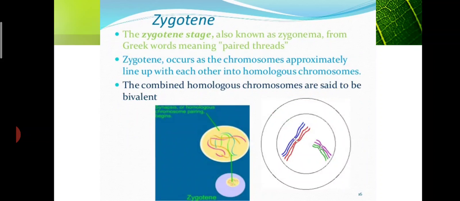Next is zygotene. Zygon means adjoining. The two homologous chromosomes start to approach each other and start pairing up. This pairing of homologous chromosomes we call synapsis. So in leptotene, they uncoil and occupy a specific orientation inside the nucleus, and in zygotene, they start to approach and pair up. We call it synapsis.